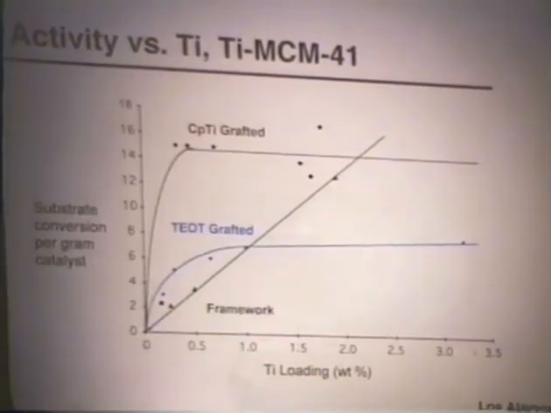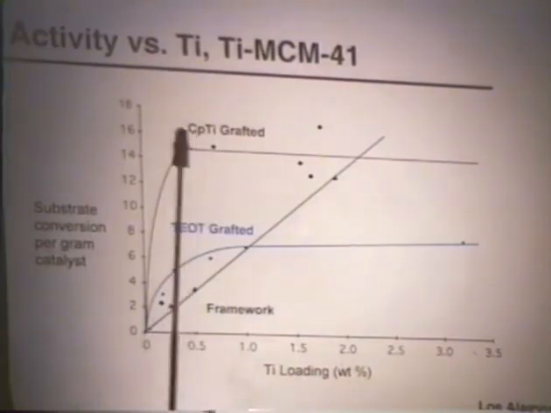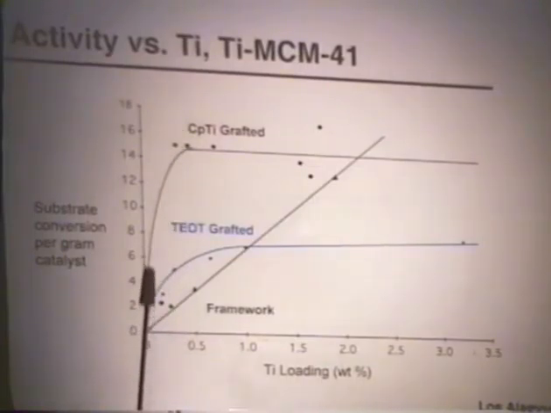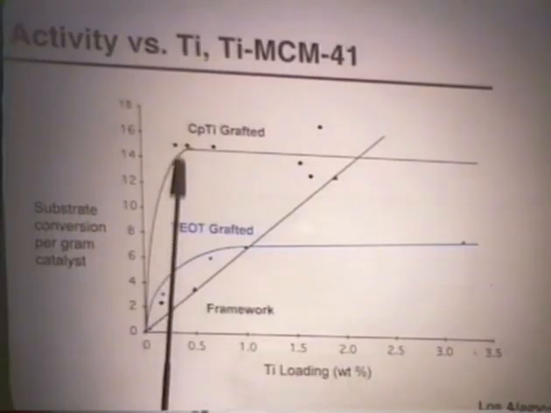So for doing that, the good news is that for doing neutron experiments, one can probably pick this point right here and be reasonably sure that one is dealing with more or less one type of titanium on the surface. The bad news is it's at very low concentrations, and so that makes the experiments very difficult.